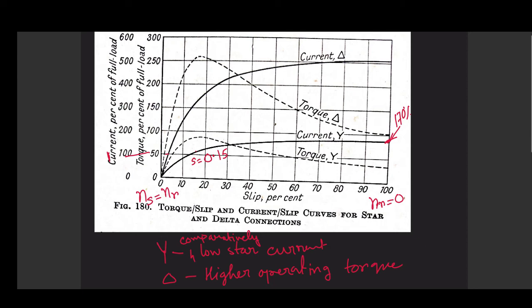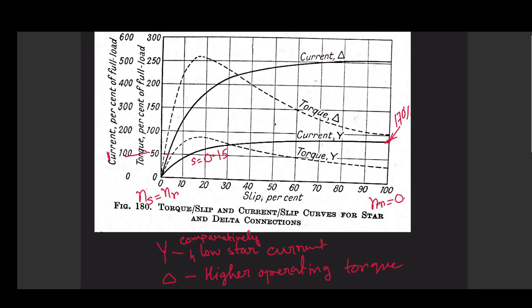So of course you may raise a question: sir, in delta it clearly indicates that a high value of current is flowing. But do note that this is line current, not the phase current. Your phase current remains the same, and the line current has become the phase current in case of star, and that is why it has a limitation in terms of current carrying. But in case of delta, your phase current still remains the same as star line current, but the line current of delta is root 3 times of